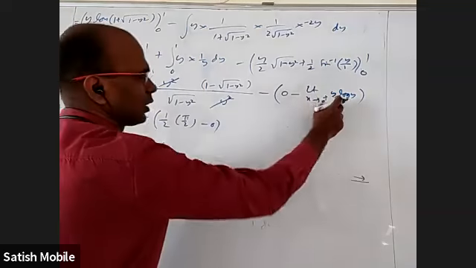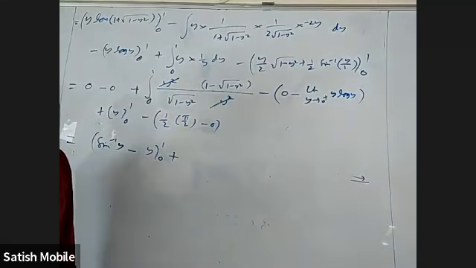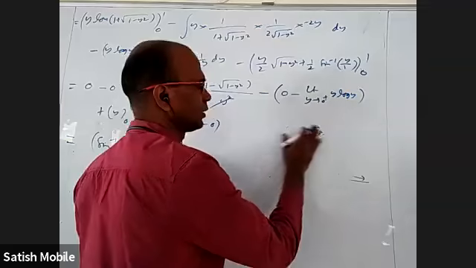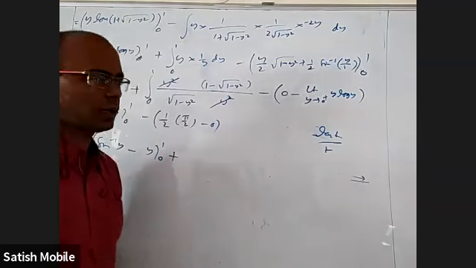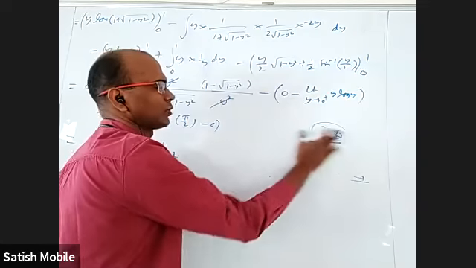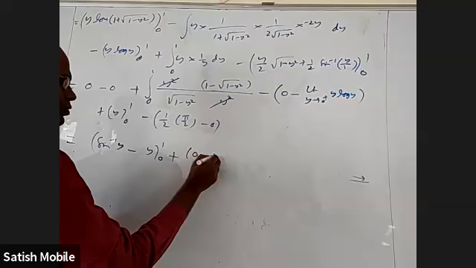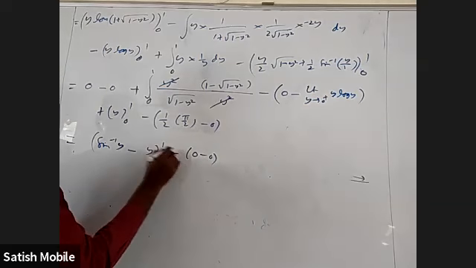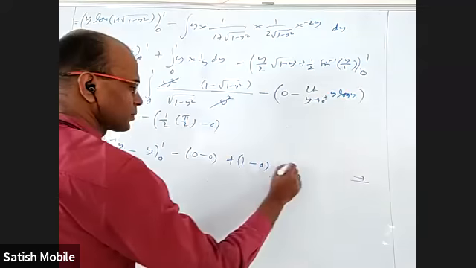Plus the limit as y tends to 0, not x tends to. You are supposed to write this as, if y equals 1 by t, it will become log t by t, minus log t by t, with t tending to infinity. You know, for very large numbers, log t is very small compared to t, so that limit is 0. Okay, that is also 0 minus 0, again that is minus. This is 1 minus 0, this is minus pi by 4.